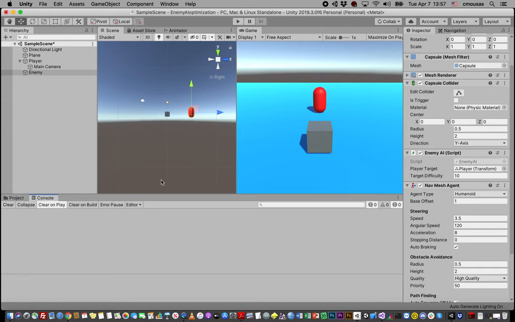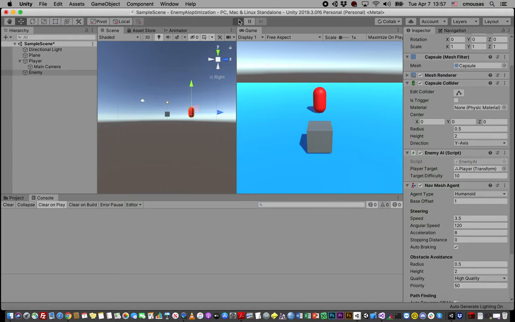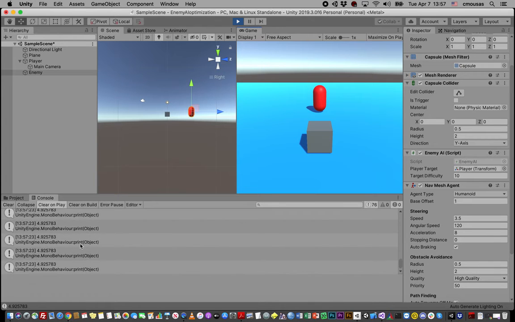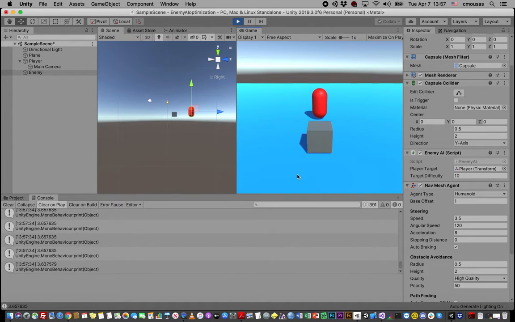to my console. I click play, and it's going to give me the values, the distance between the two objects, the player and the enemy. So the distance right now is 4.92. If I just move forward, you can see that the distance decreases. So suppose that if I just go in a distance less than 3,